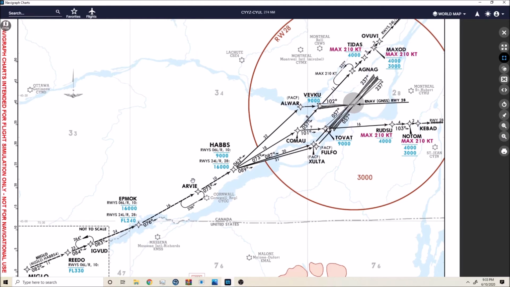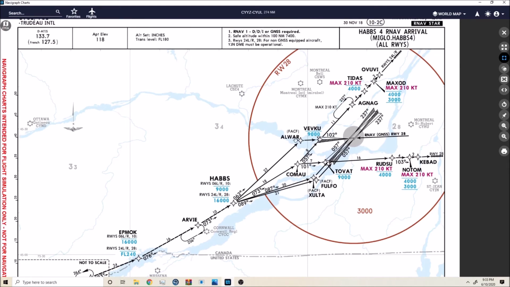Then depending on what runway you take, it'll take you in a different direction here. We're taking 24 right, so we're going to go to Kamu, and then straight to Vevku, which is 9,000 or below. If we needed to hold, we'd hold at Agnag, most likely. That's the published hold they've given us,